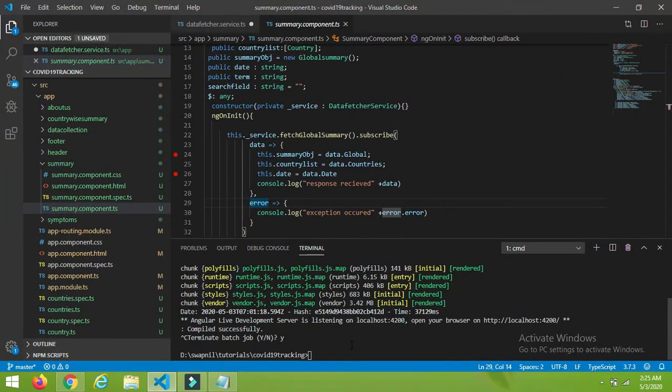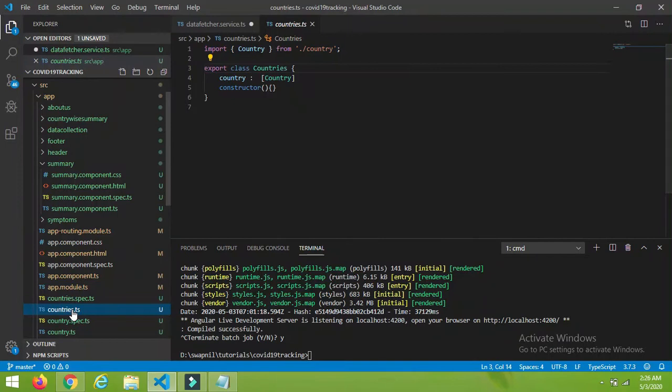Just simply ng generate class and after that the class name. So I have created these two classes, one is countries and the second one is country.